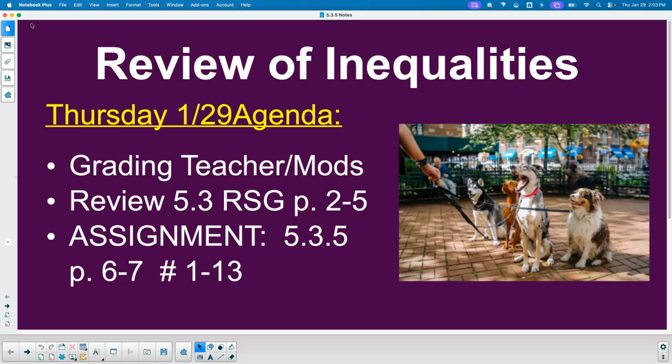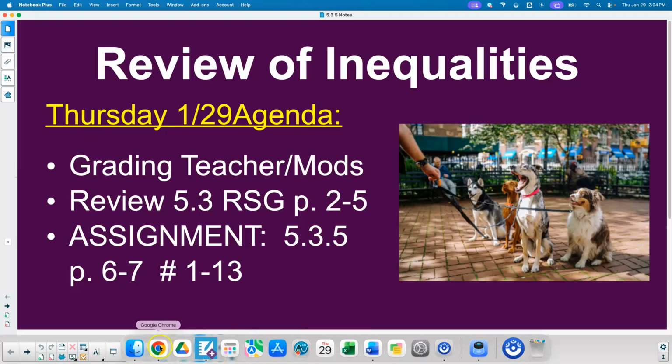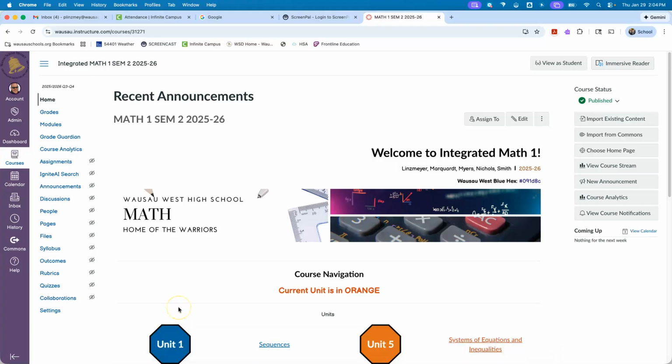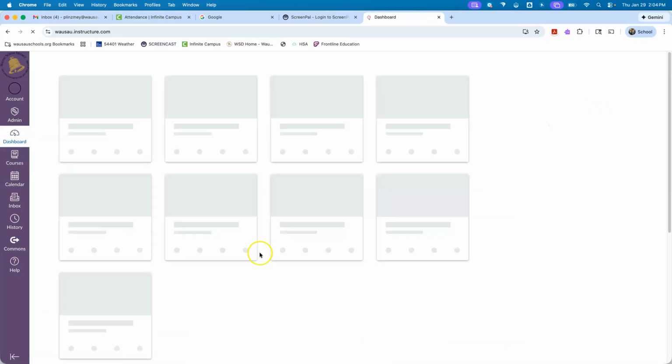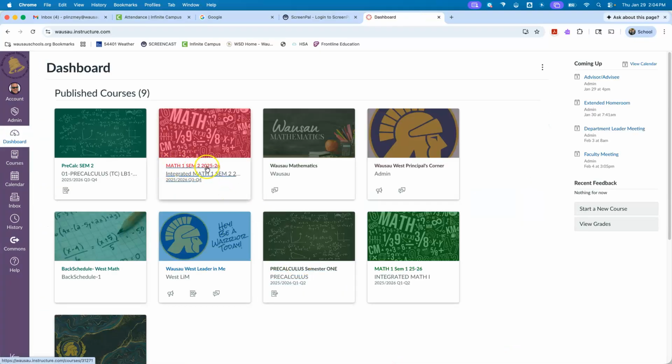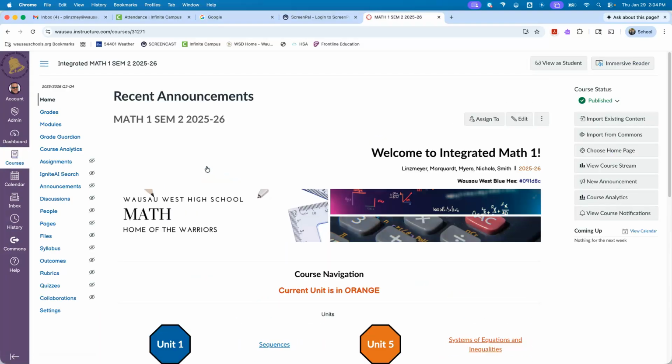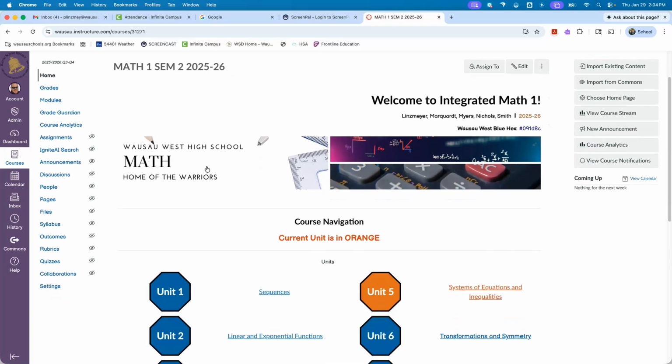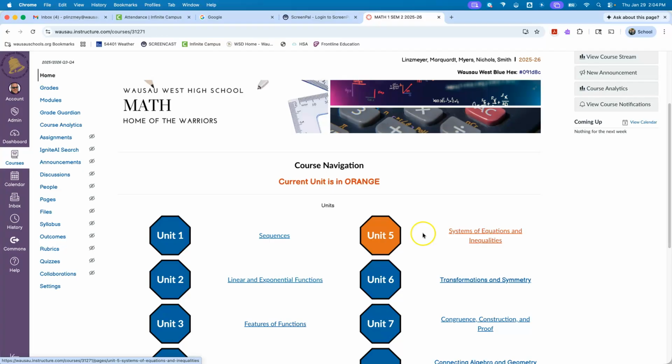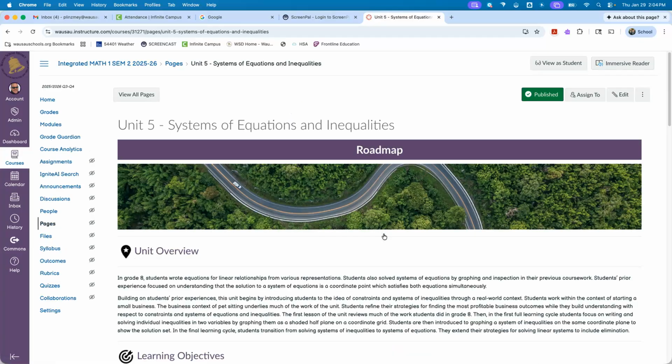What I want to do before we start, though, is remind you of our Canvas page. When you click on Math 1 on your dashboard on the Canvas, it should be labeled as Math 1 Semester 2. When you click on that, that takes you to our home page, and the current unit is in orange. Both of these are links that will take you to the Unit 5 page, if you just click on one of them. And then if you scroll down,